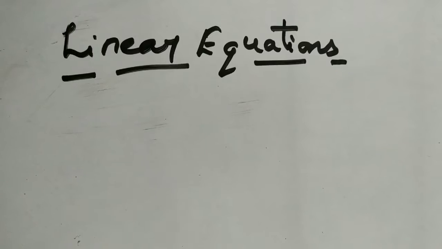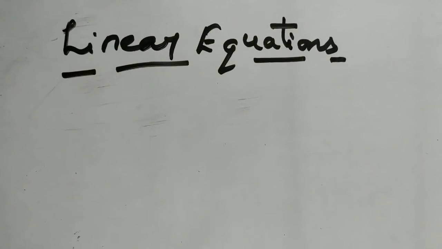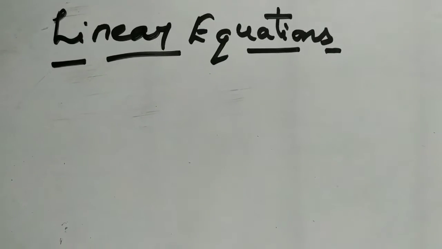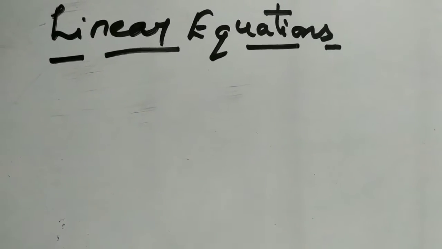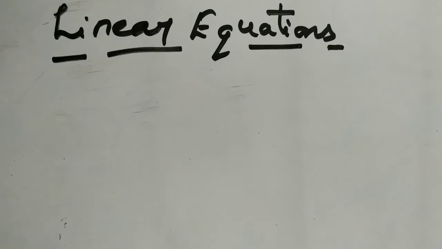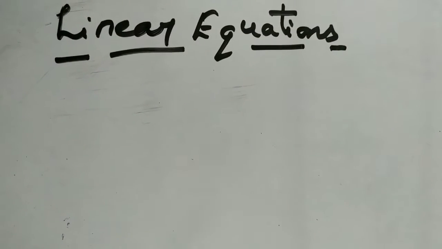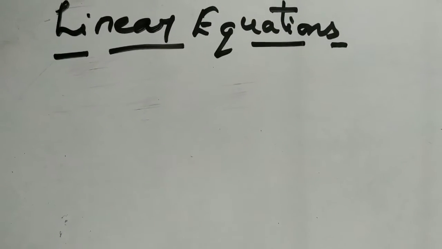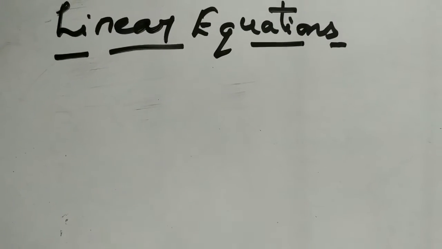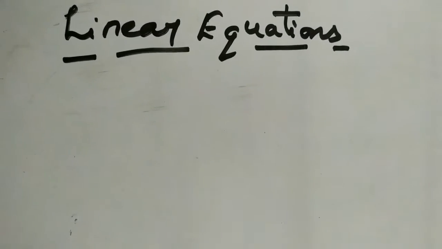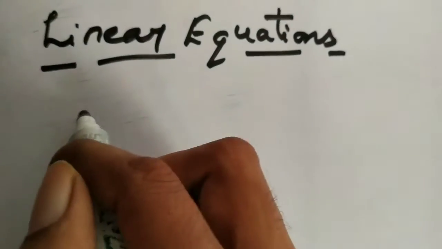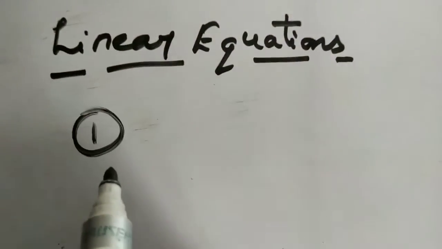Students, as we know, we are doing the 8th chapter of 8th class, that is linear equation in one variable. I have already uploaded video 1 of this chapter, in which I have already discussed the basic terminology that is going to be used in this particular chapter. So in this chapter we are on the second stage. Today I am uploading the second video, and in this video we are going to discuss some questions related to the linear equations. Let's see one by one what kind of questions we go through in this chapter. So let's take the first question from your textbook itself.